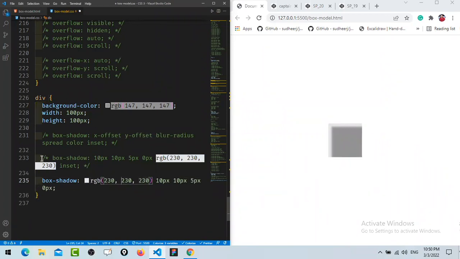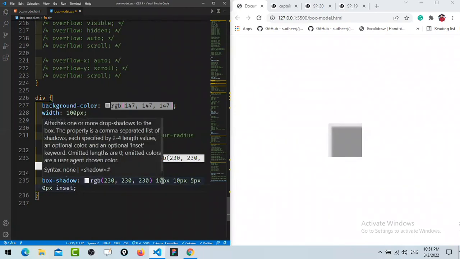First color, then inset. It is working. First color. At the end, I'm going to put inset. It is working. Means inset and color value you can keep anywhere, but these four things should be in same